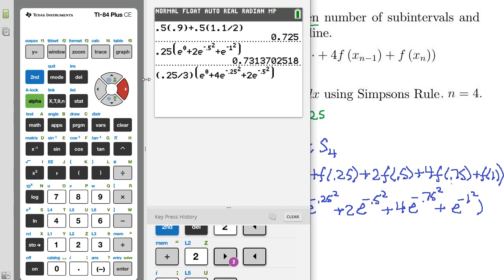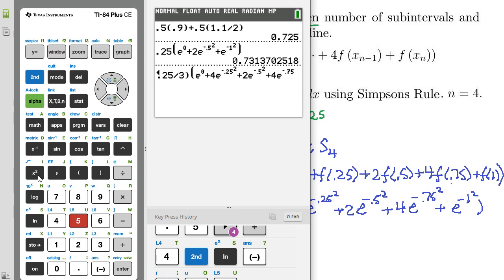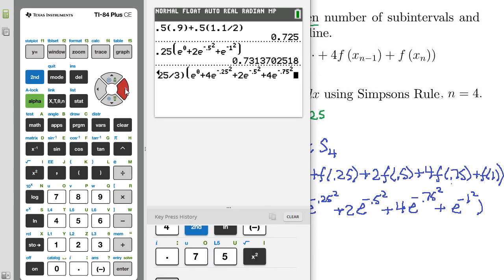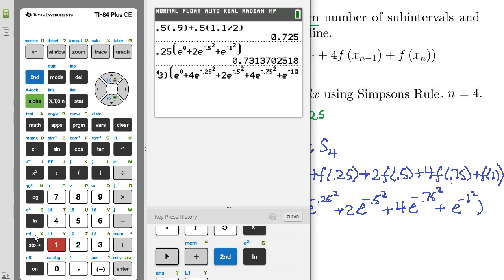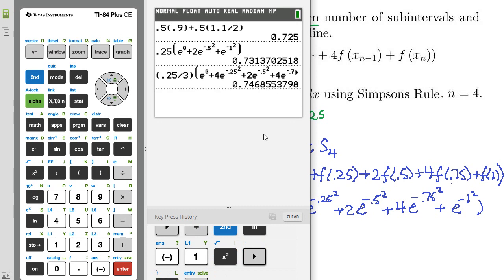And then I've got plus a 4 e to the negative of 0.75 squared, and then plus no multiplier, e to the negative 1, and that gets squared, arrow out, close our parentheses,